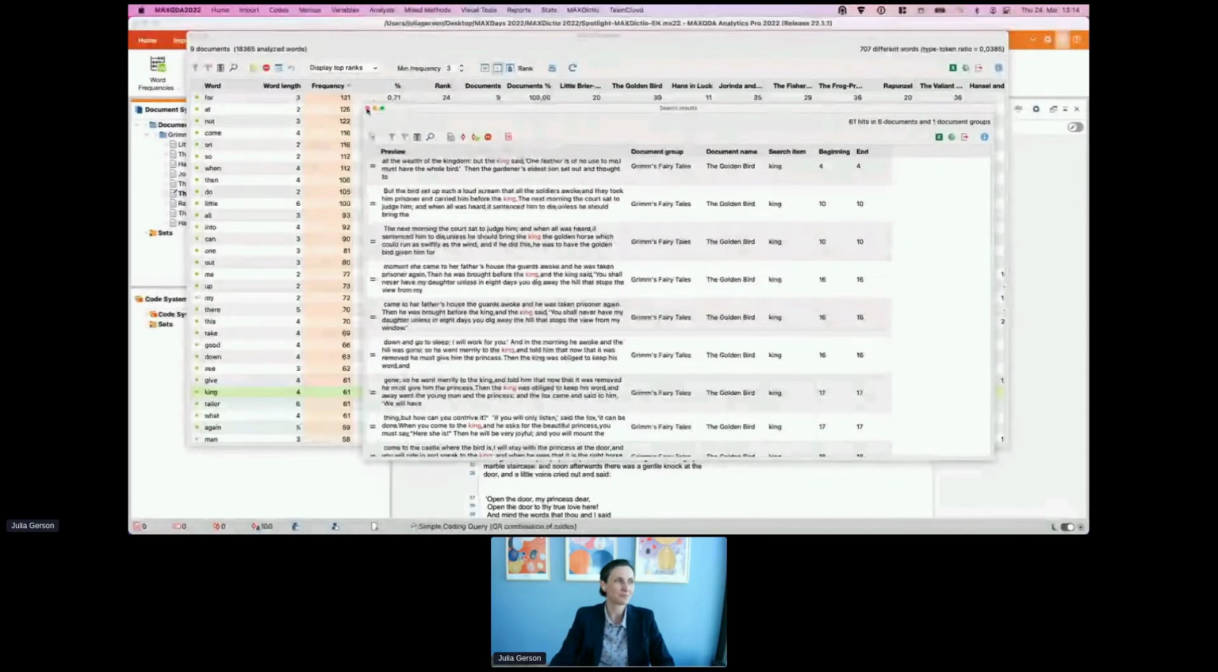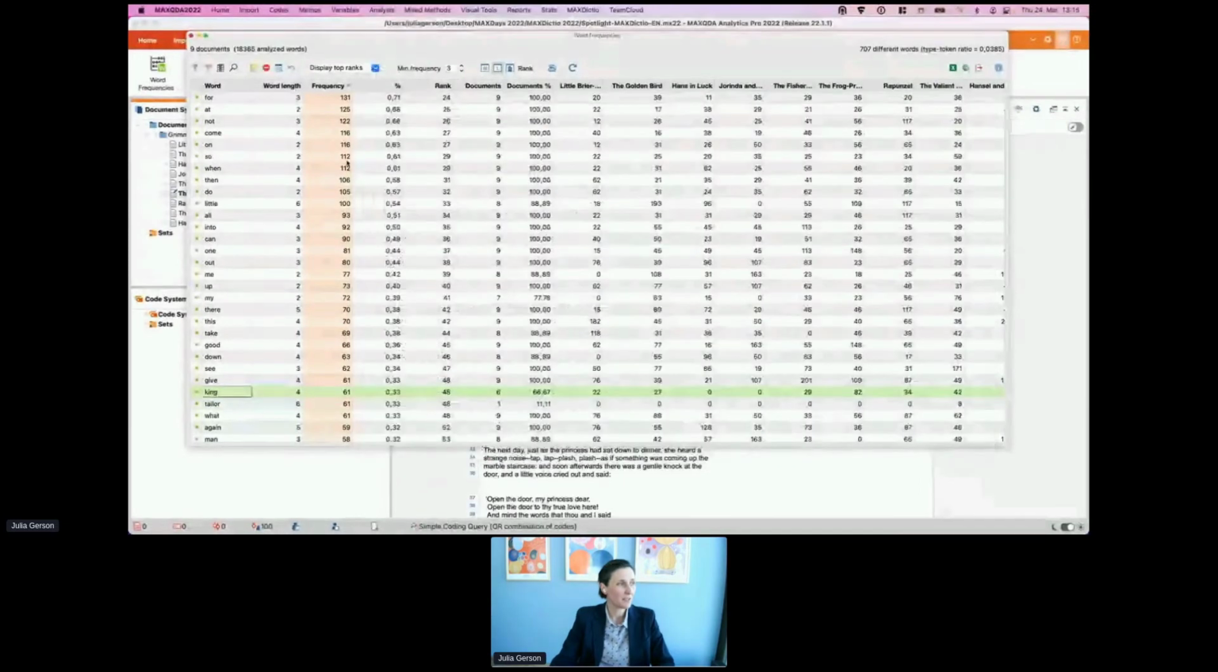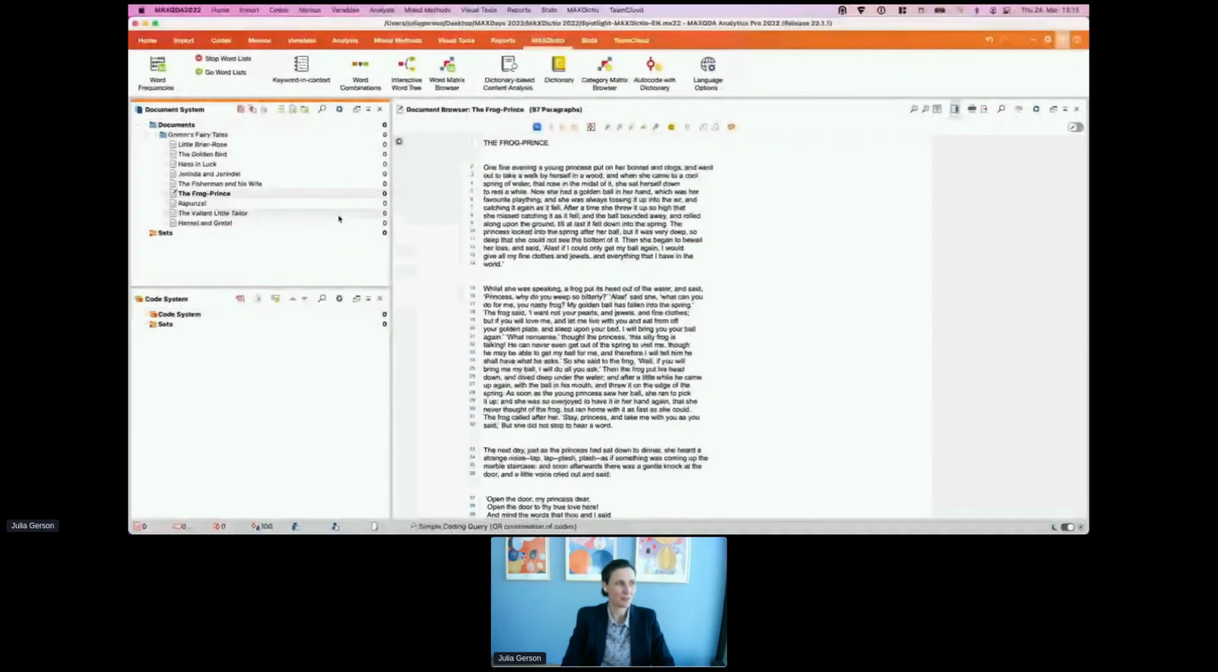So this is the basic of the word frequencies in MAXDictio. I'm going to move on to the next option, which is, the result will look similar, but it's of course a little different, which is word combinations. If I open up the word combinations,